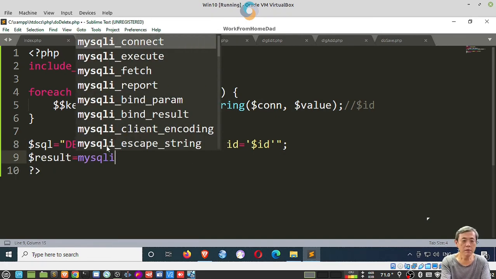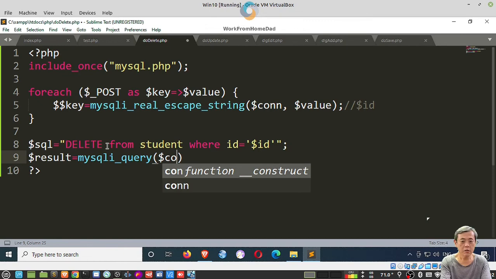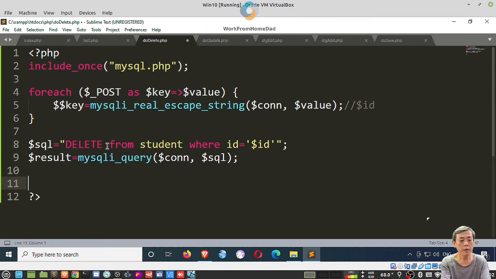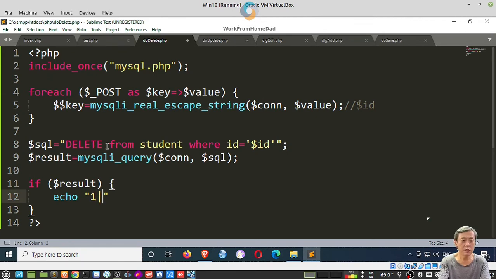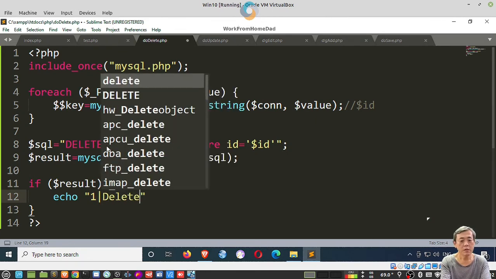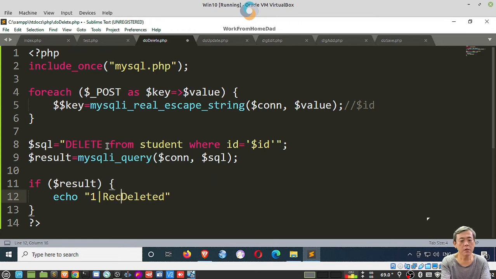Okay, and execute the query and check whether the query is successful or not. If it is successful, then just a simple record deleted, something like that. So if not successful,